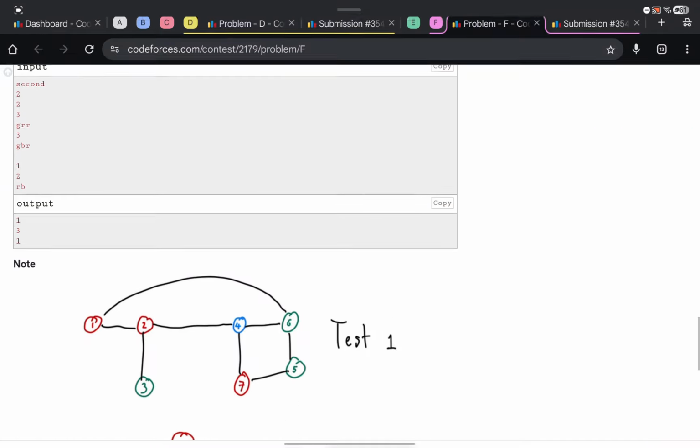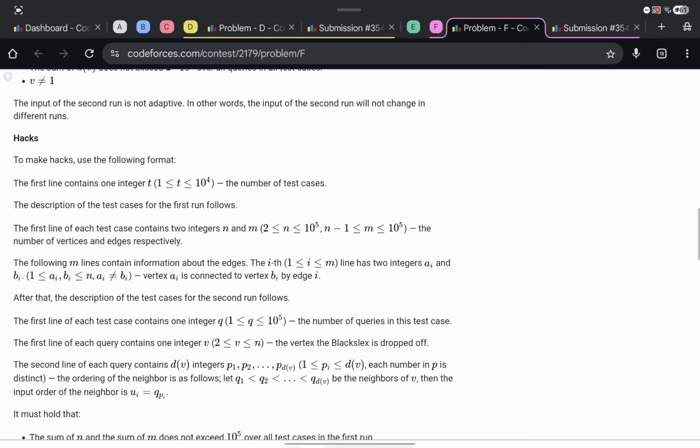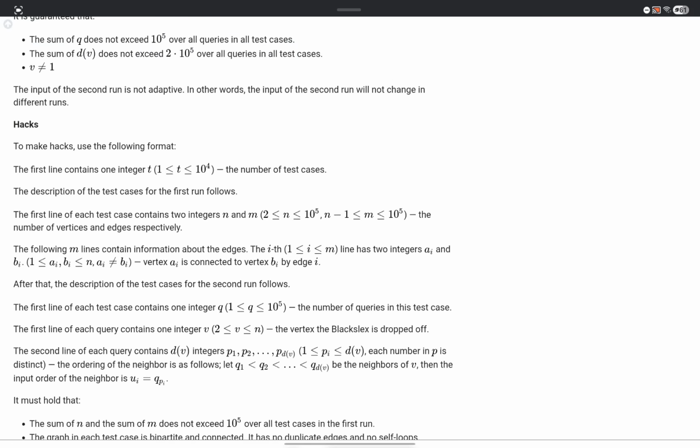Like here we can see in the question, only the colors of neighbors of the current vertex we are given, like the color for the current vertex is unknown. Okay, so here our main observation is, if I am at a vertex R